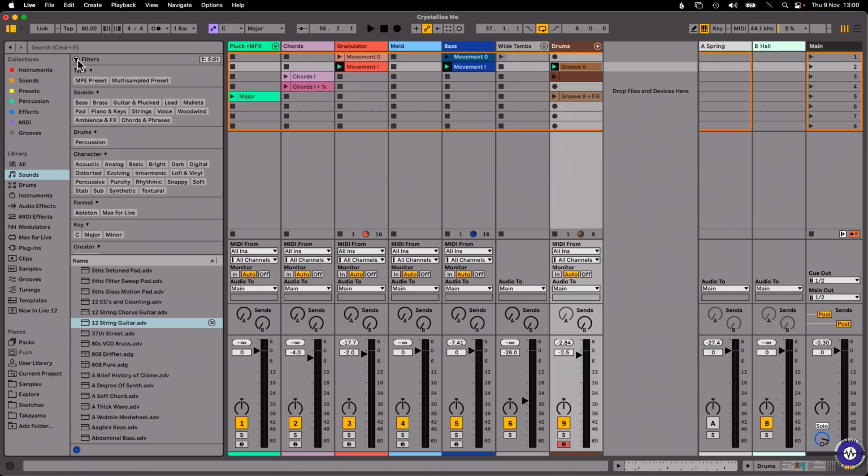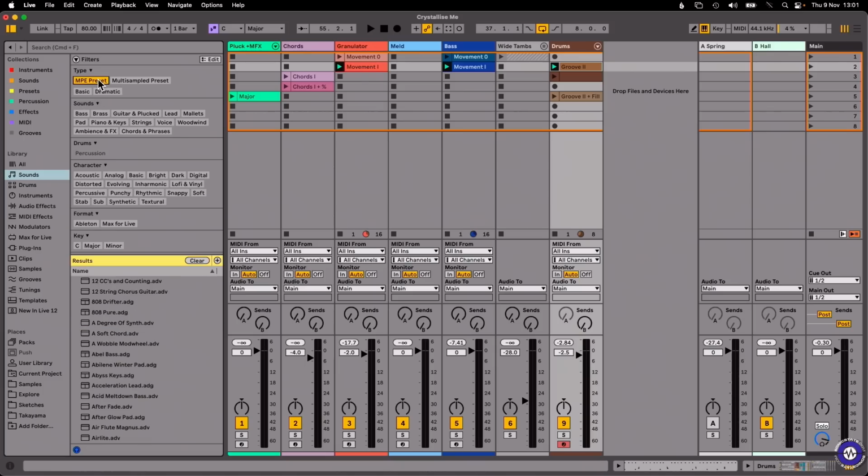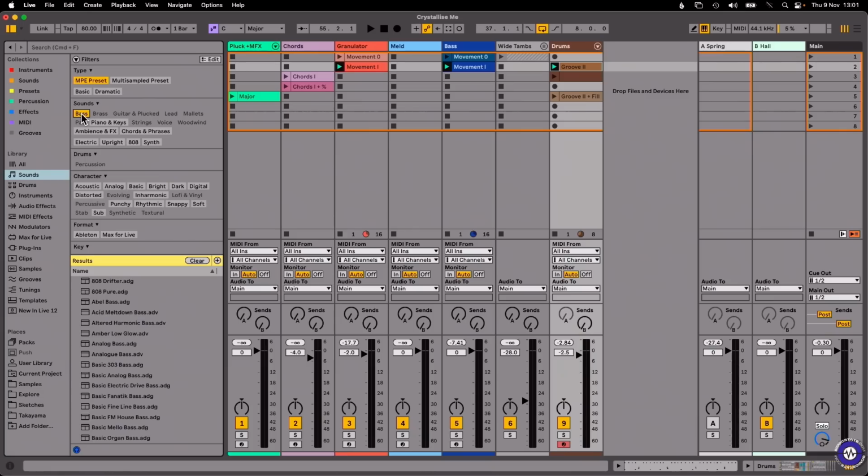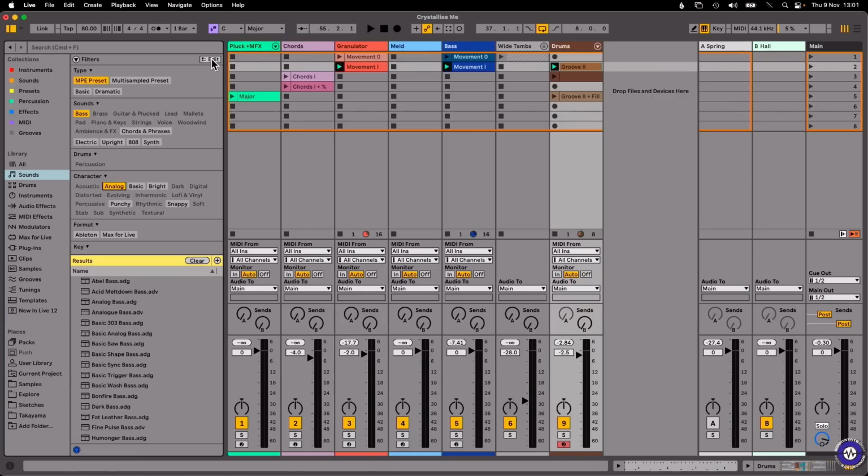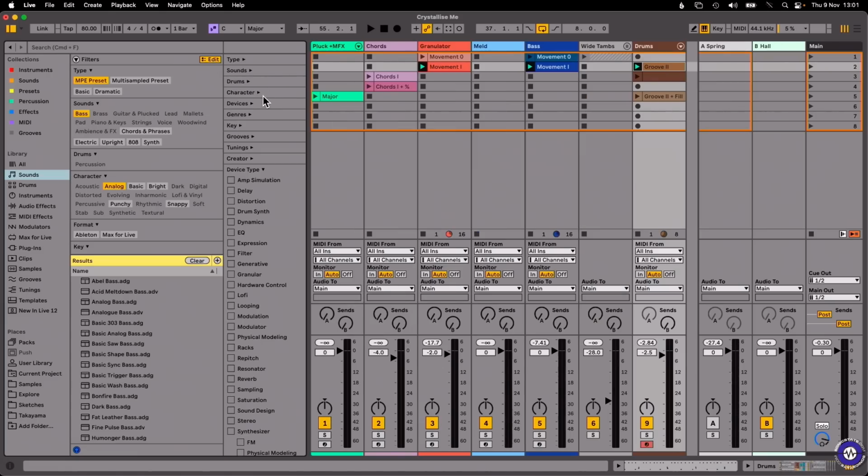And there is a new filtering system, which you can toggle open here, that lets you filter sounds based on various different tags. So for example, if I wanted to find an MPE preset that is a bass and is analog, it's now filtered down the sounds that are available to me based on those tags. Presumably those are pre-built into Live as it stands, but you can modify those and change them up. Exactly. So if I hit this edit button over here, there are a whole bunch of tags that